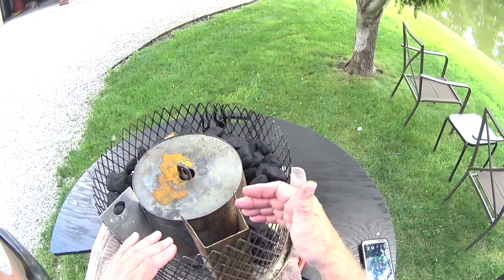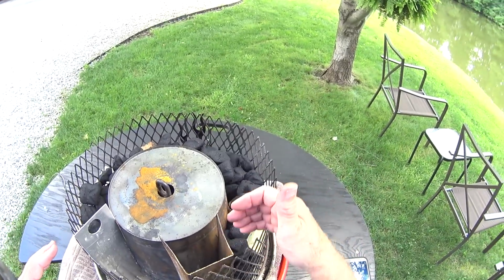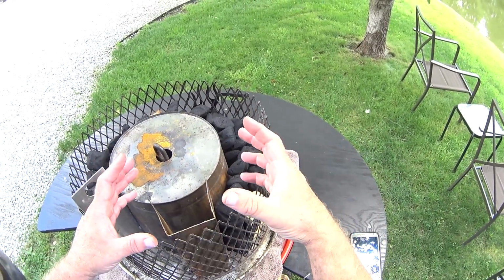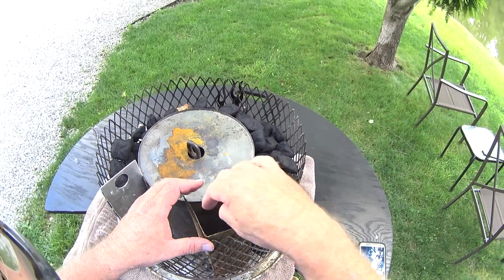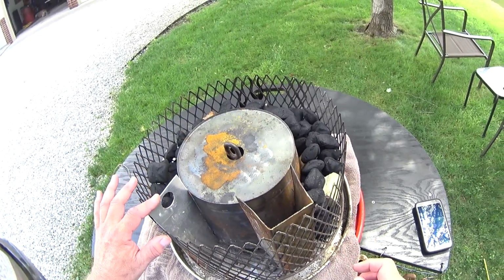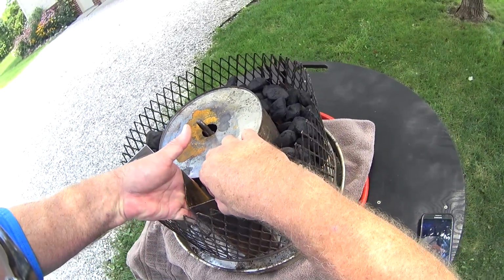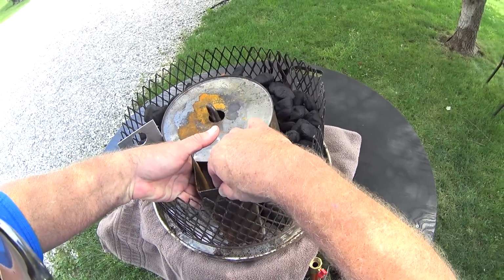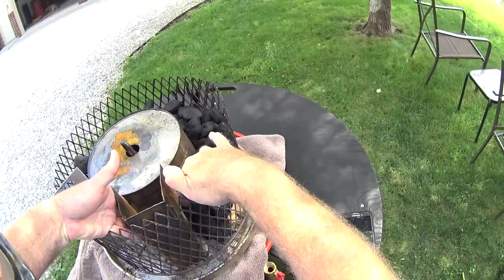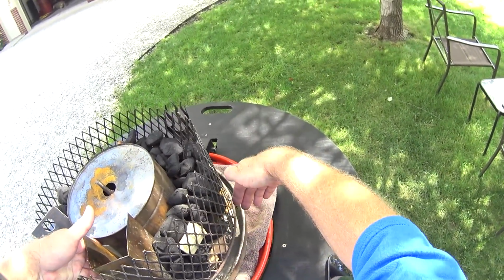Now this, if you're only wanting to burn 4 or 5 hours, see, it'll burn around. First of all, you take your coals and put them in your chimney, get them lit. Then you pour them in here, okay? If you have 2 of these, you can put the other one right here, like so. And you can pull this out, and then the hot coals will connect to these coals, and it'll start burning this away,